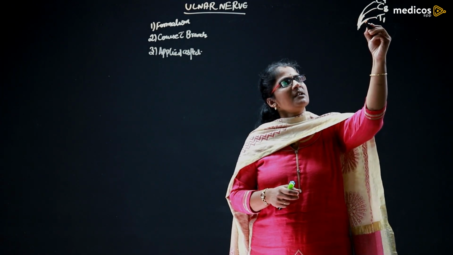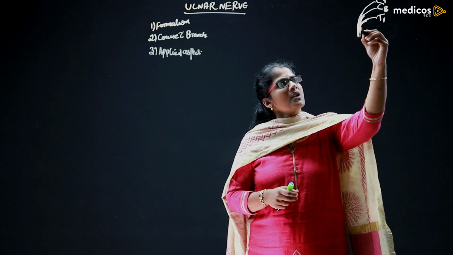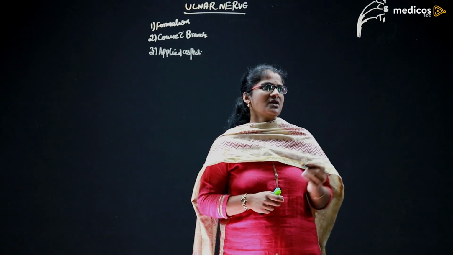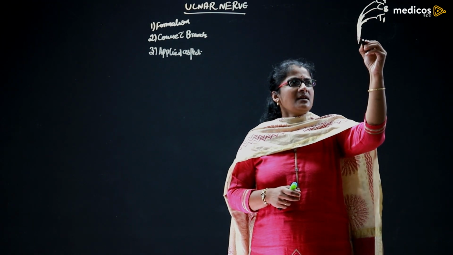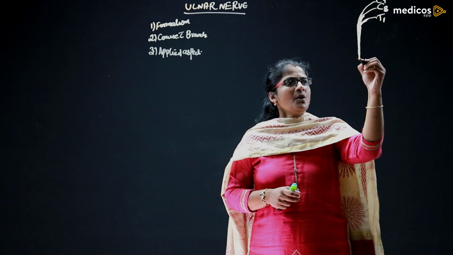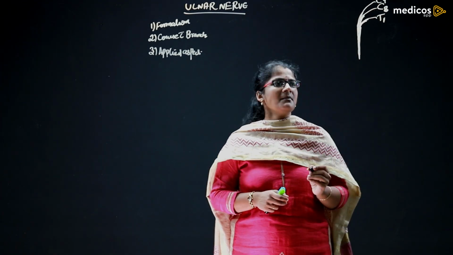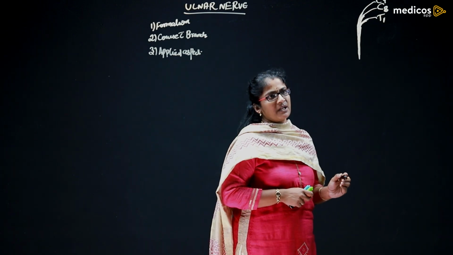Once it is formed, it runs medial to the axillary artery. So in the axilla, it runs medial to the axillary artery. It runs on the medial side of the brachial artery in the arm. Once it reaches the mid of the arm at the level of insertion of coracobrachialis,